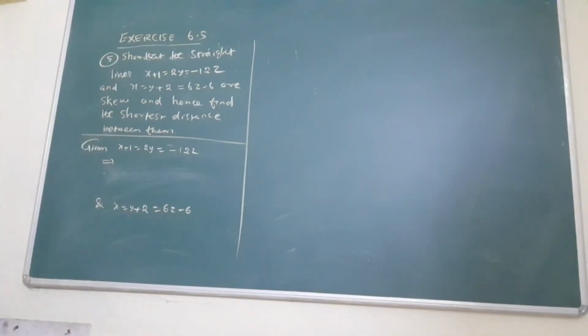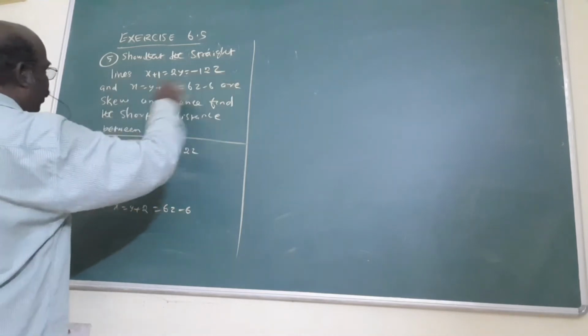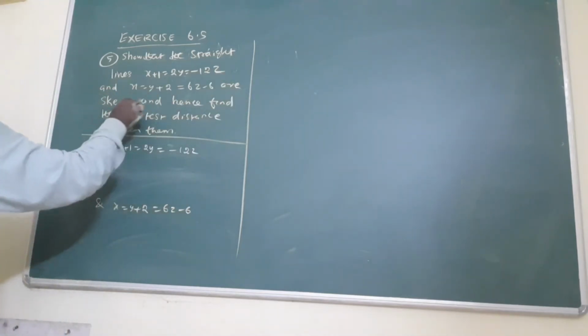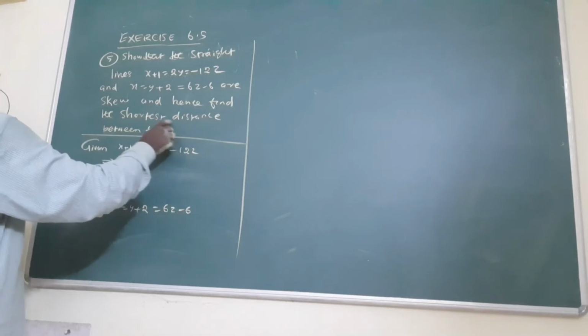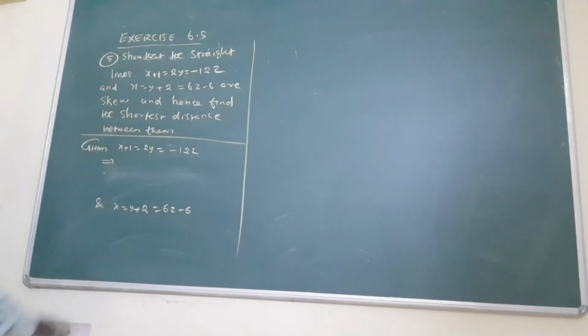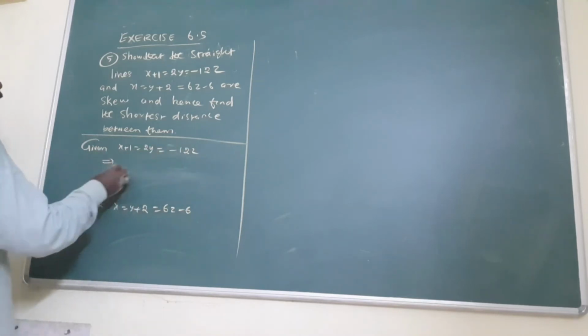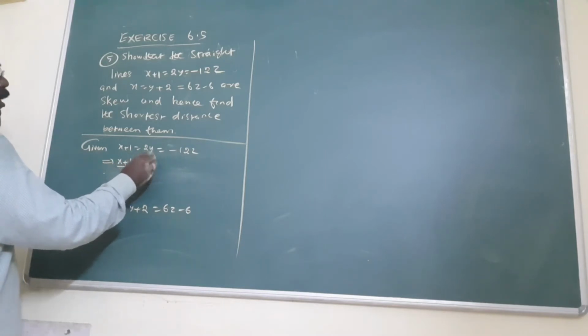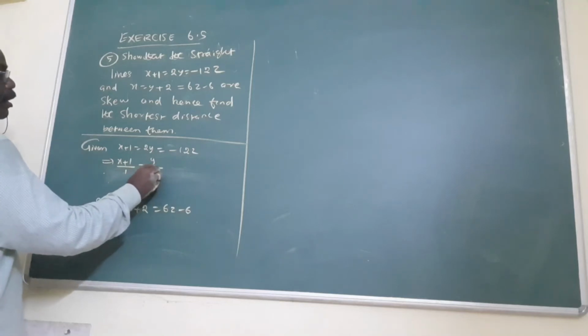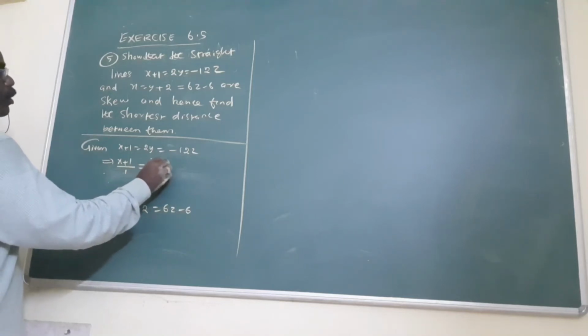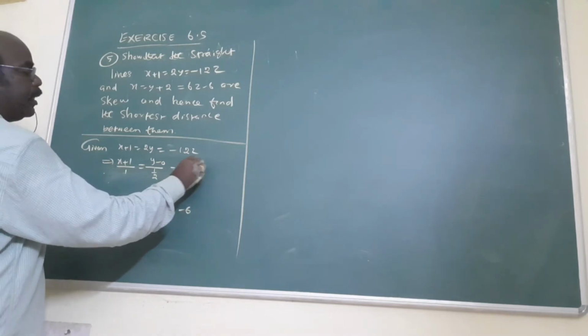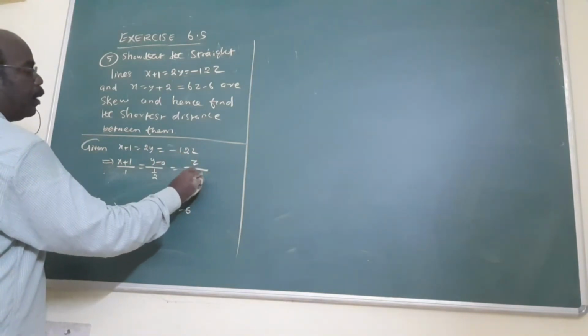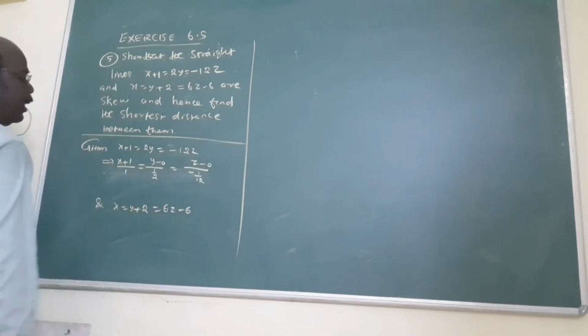Now question number 5. Show that the two straight lines are skew, and find the shortest distance between them. This is the equation. Now what I told you, this is a Cartesian equation. In the numerator, involving only x, it starts with x, and no number is here. But here it starts with y, divided by 2. Okay? Here no number is 0. Next, we want only z, divided by minus 1. Here no number is 0. In this way, you will assume.